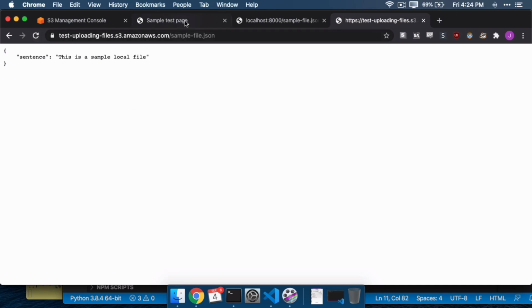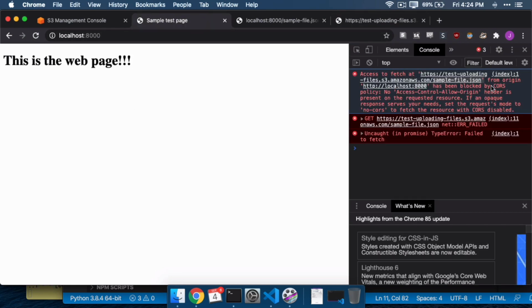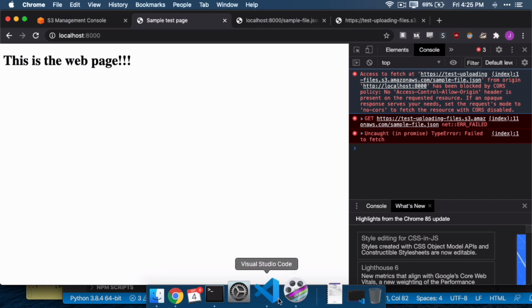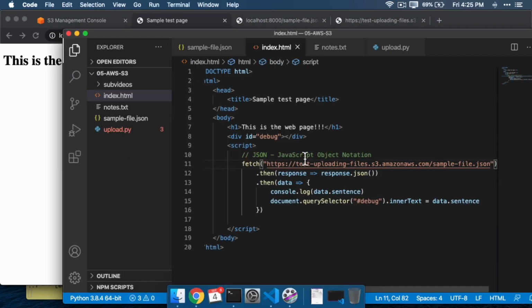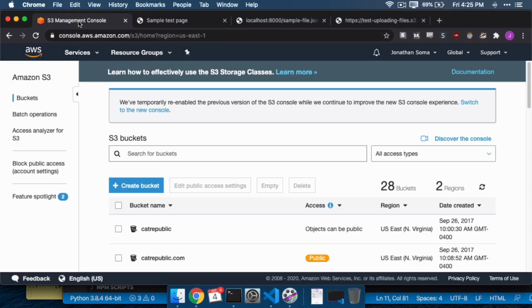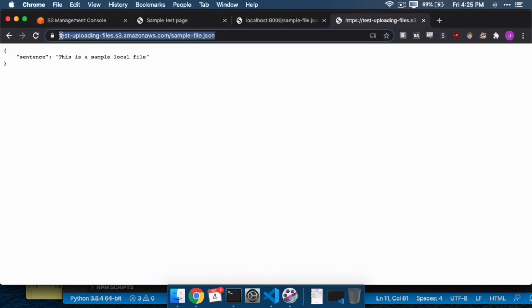The error that happens with CORS is when your browser tries to get this from another web page. So when our browser tries to use fetch to download this file, that's why we're getting this error. So what we are going to do is find the bucket that this is in, test uploading files,